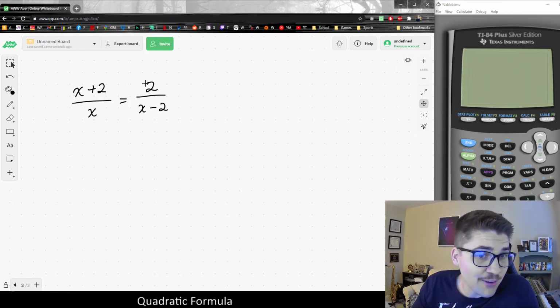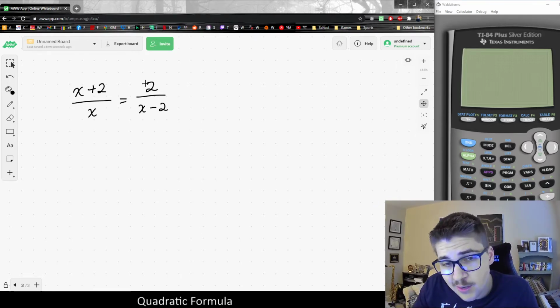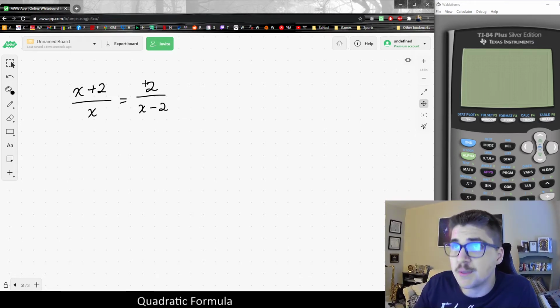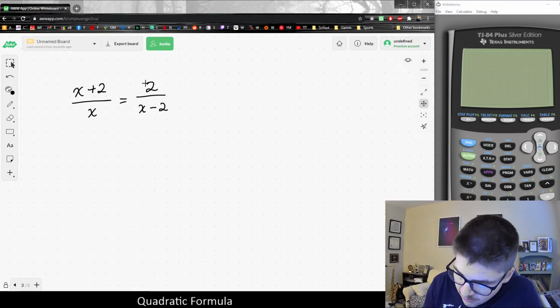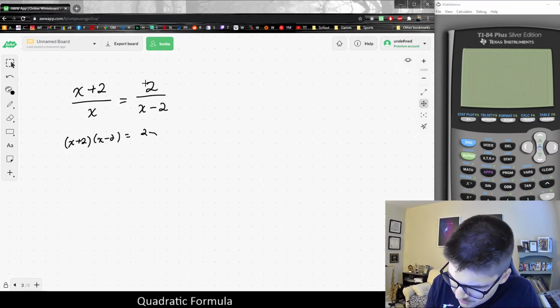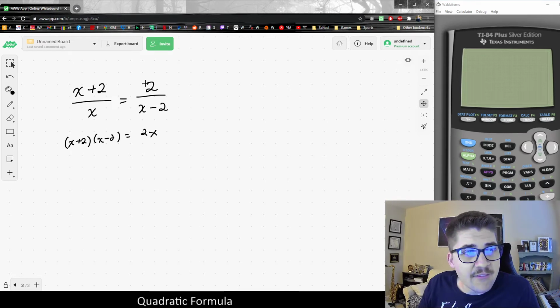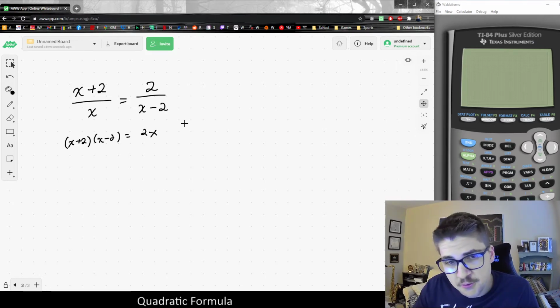And basically once you clear fractions, you might have a quadratic equation resulting. If you do, obviously when you have a quadratic equation as your entire thing that's left, you can always use the quadratic formula. So if I cross multiply here, I would have x plus 2 times x minus 2 is equal to 2x. And here, since I have a polynomial equation that is not set to 0, that's always the goal, right? If you're trying to solve more difficult types of equations, it's always helpful to clear fractions and